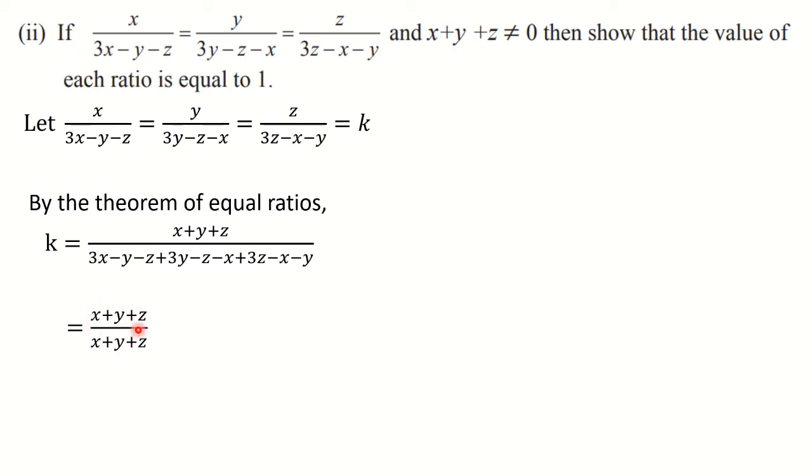In the numerator you have x plus y plus z. In the denominator also you have x plus y plus z, which you can cancel. But while cancelling, you need to write down the reason that x plus y plus z is not equal to 0. Here plus sign should be there. Please make a change here. By mistakenly equal to sign is given. X plus y plus z is not equal to 0.